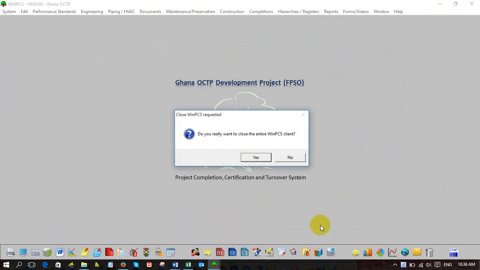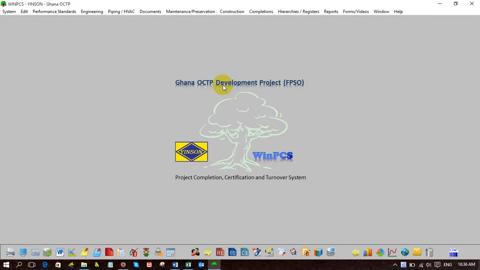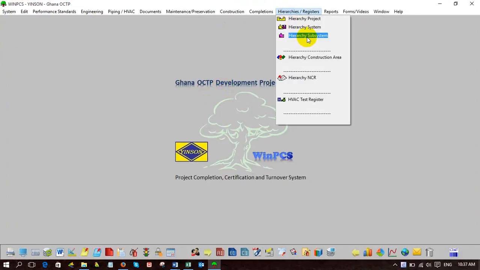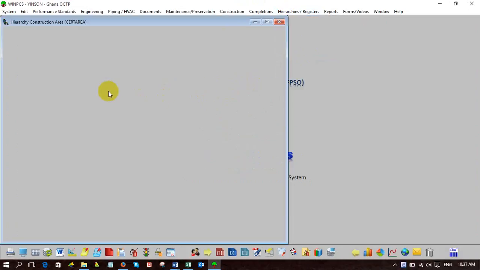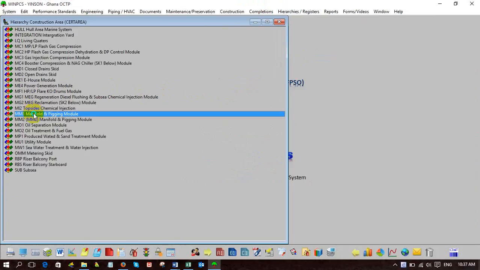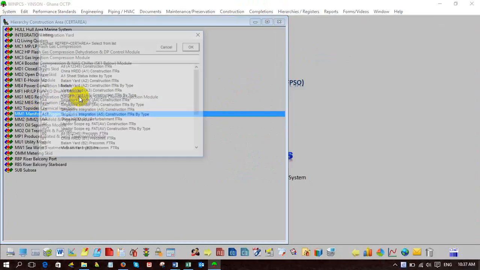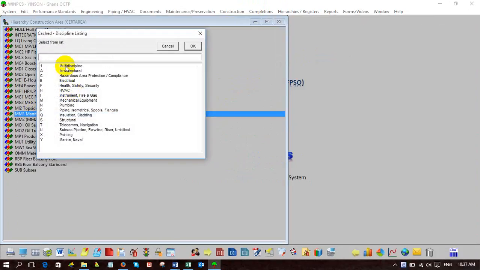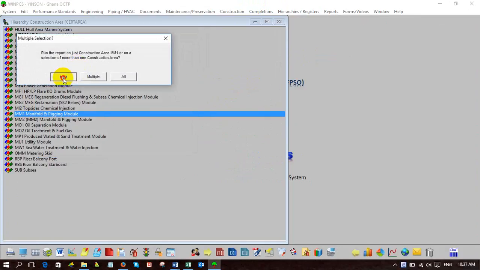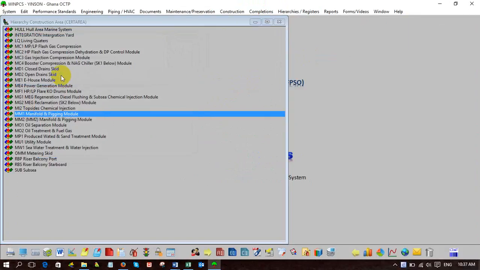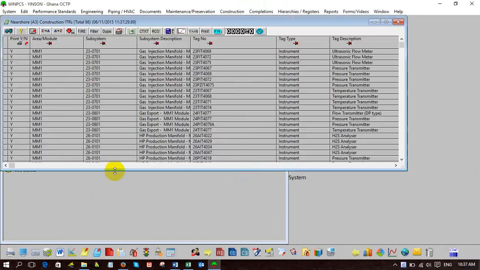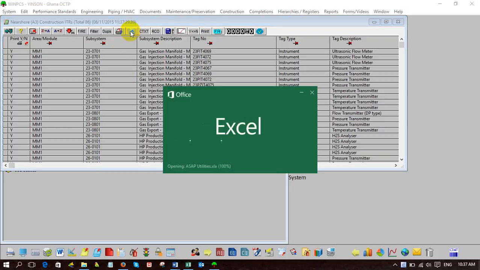Okay. You open up one first. As I mentioned before, construction area. Okay, we go to MM1. Report. A3. Multi-discipline. On. Okay. MM1. Can see? Okay. Number one, yes, sir. Okay, export. This one is very important. Excel. Every time you run to Excel, so I need to copy, right? No need. Copy and paste value.